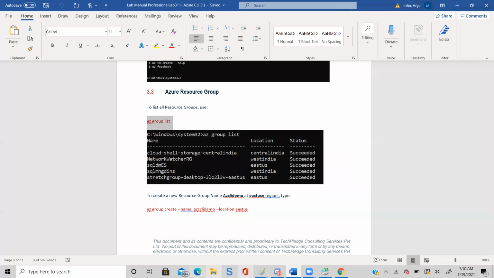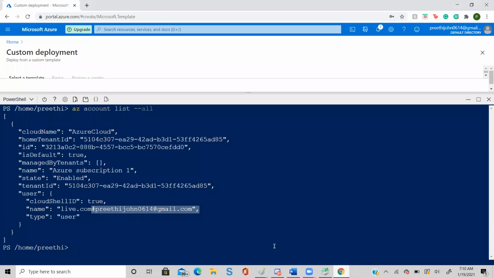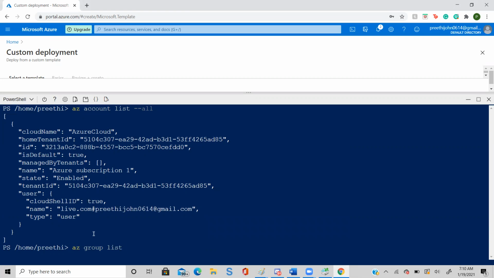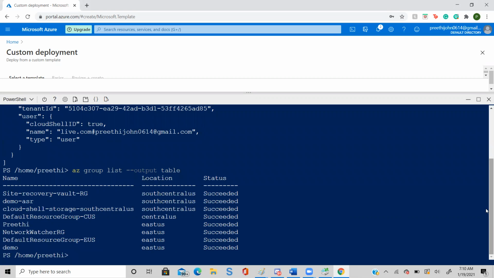Just go there and run this one. Currently the output is showing in JSON format. Another way is to change the output to a table format. After every command, you can use the last words hyphen hyphen output table. So it shows how many resource groups you have.